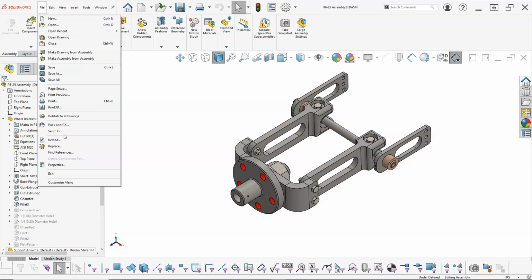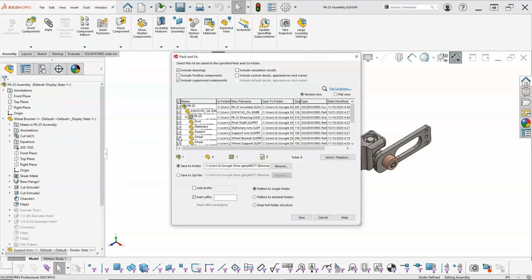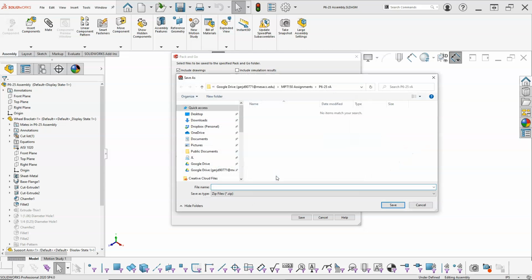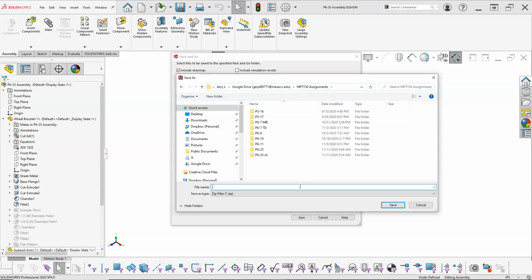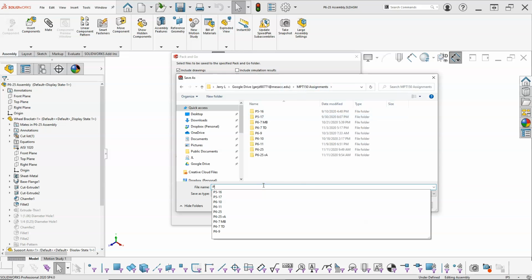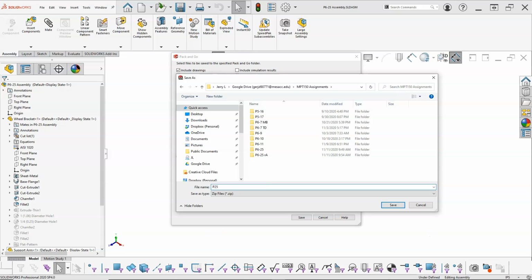Alright, and then as a comparison, we'll just go ahead with the Pack and Go. I'm not going to add a suffix to this. This is just going to be a location, and we'll give it the P6-25 revision A. Alright, and this is going to become a zip file, so it can go into,